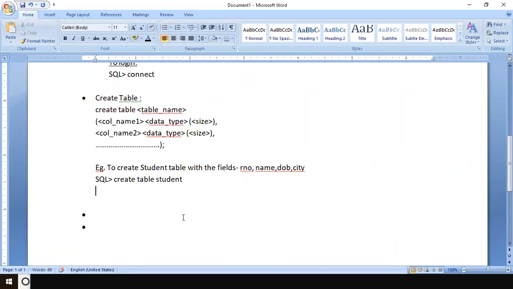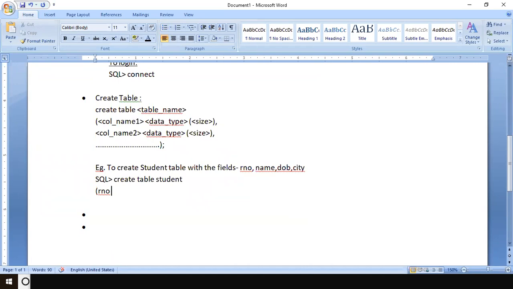So here, it is not necessary that you take it on the next line. I take it for convenience. Create table student and then type this. So the first field name, what does the syntax say? Column name, you have to type. So what is our column name? Roll number. Give space. What is the data type?